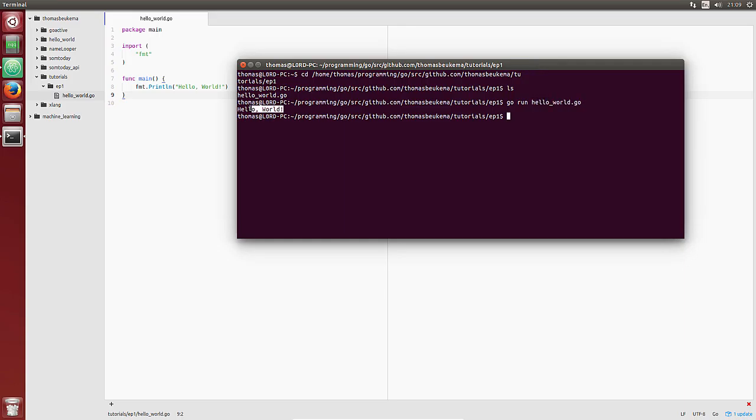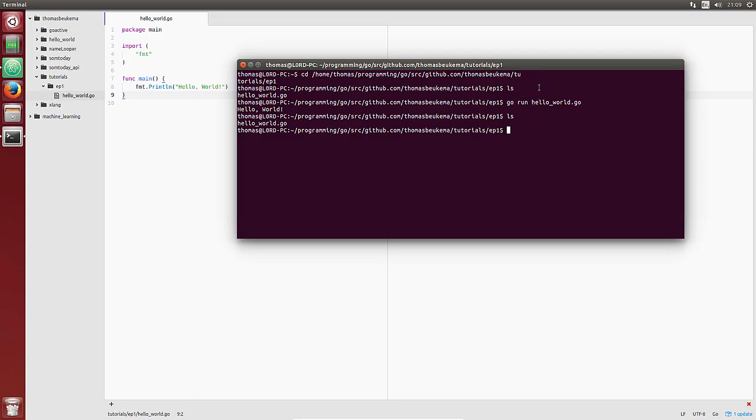And there it is. But this isn't everything, because Go is a compiled language. And as you notice, if I show all files in this directory, there aren't any